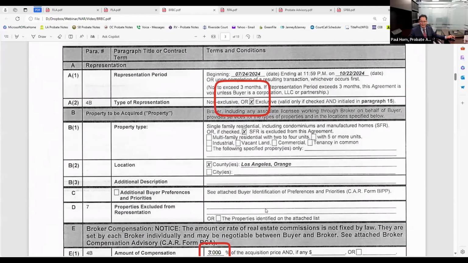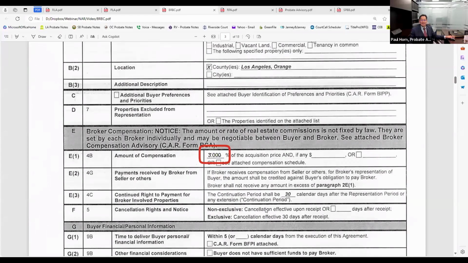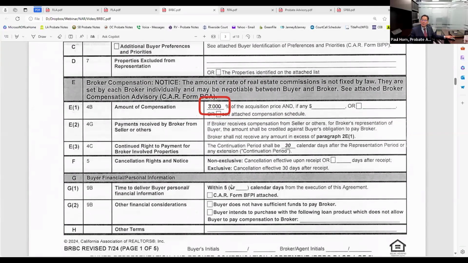Okay. Now, and then very important, buyer's agent, how much are you going to get paid? How much? This is where you put it. On the screen, right in the middle, where I put a huge red circle, for example. What is it? 3%? 2.5%? 2%? Whatever you and the buyer agree upon, you put that percentage in there. Okay?